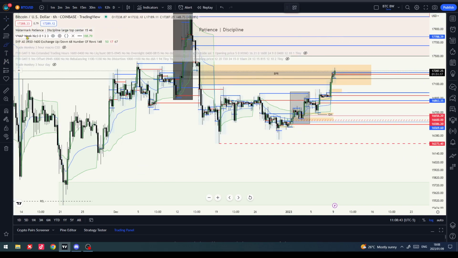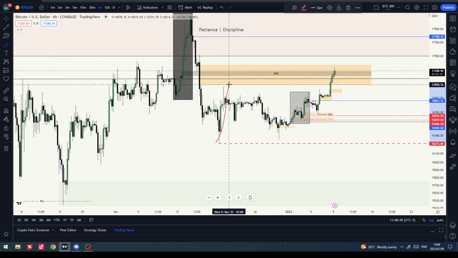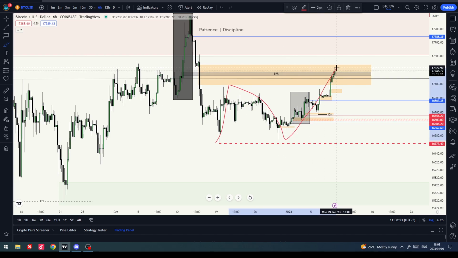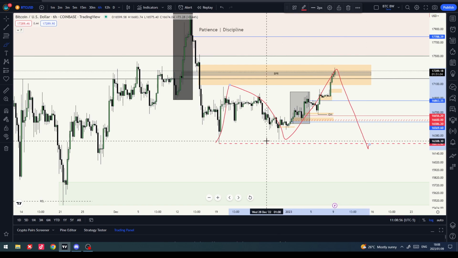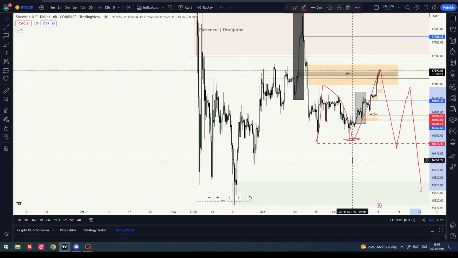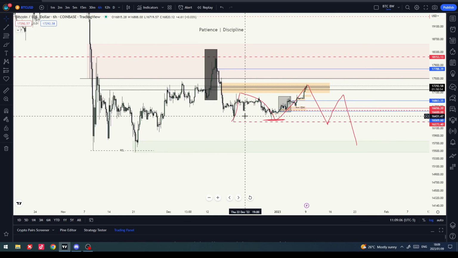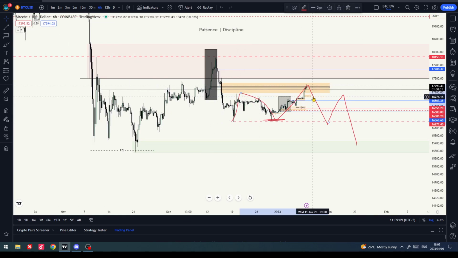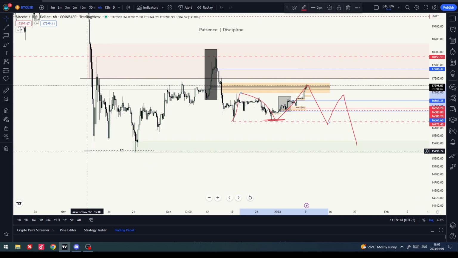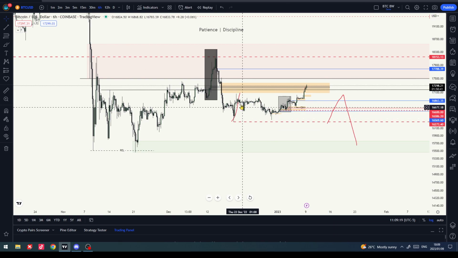Again, if we take away all of the fancy things here, what do we have? We have accumulation, failure swing, the OLR. Once we break this low here, then I think it's all over for BTC. That's the expectancy on BTC to head much lower than that. Right, new lows on BTC. We still have these relative equal lows created here in November, so those shouldn't stay in the market, and those should come out.